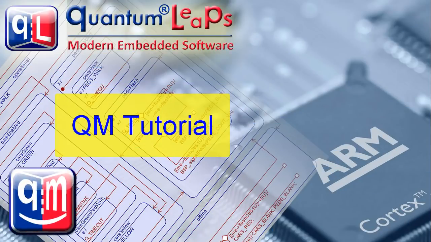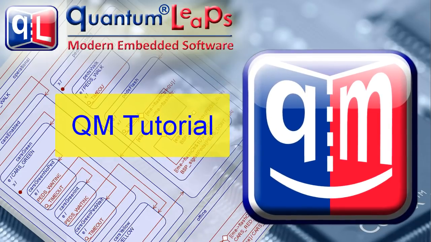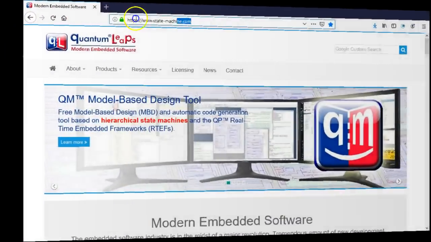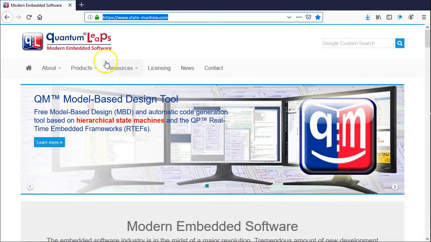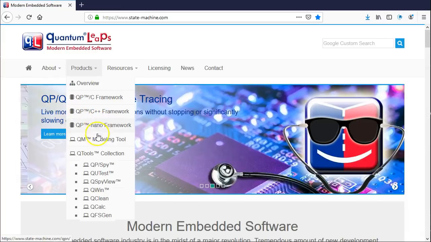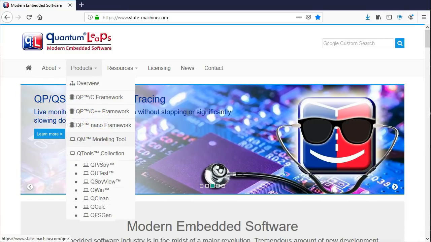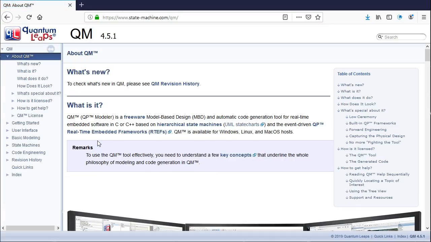This is a video version of the online tutorial for the freeware QM model-based design tool. The QM tutorial is located online and you can find it by visiting statemachine.com and then clicking on the Products QM Modeling Tool menu. Here you can read what the Quantum Modeler QM tool is,